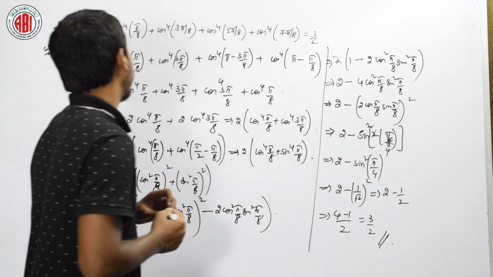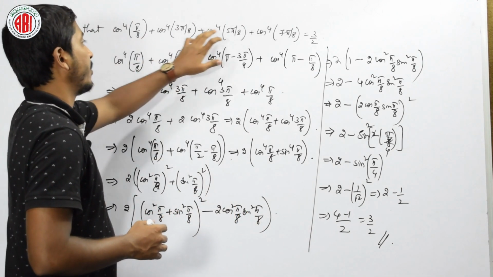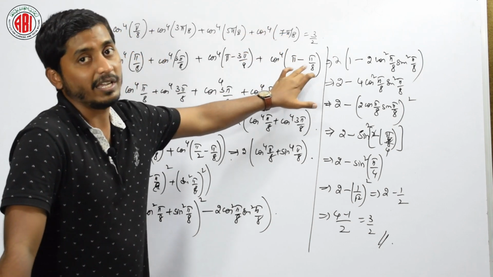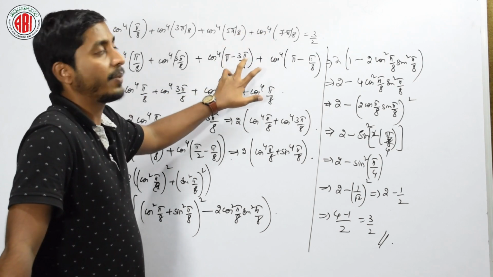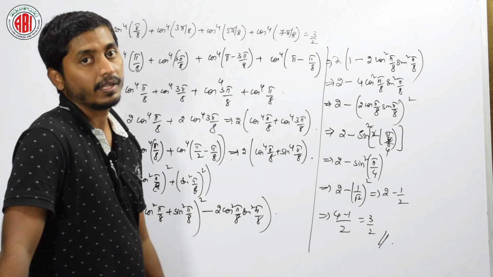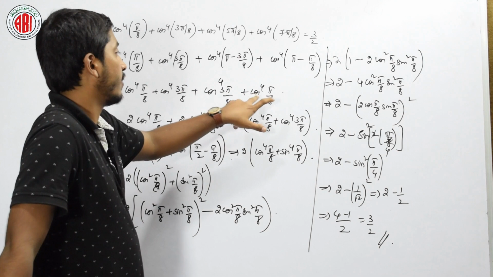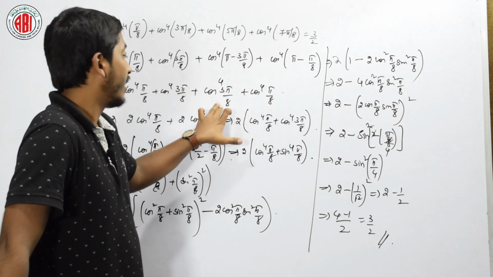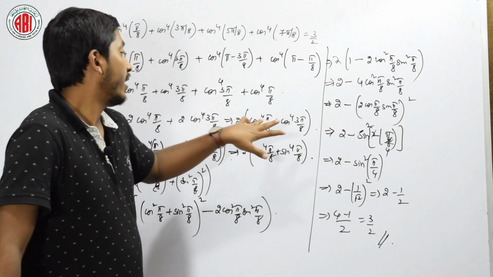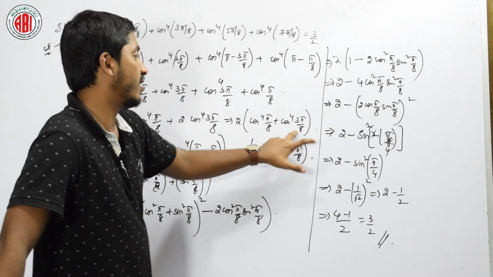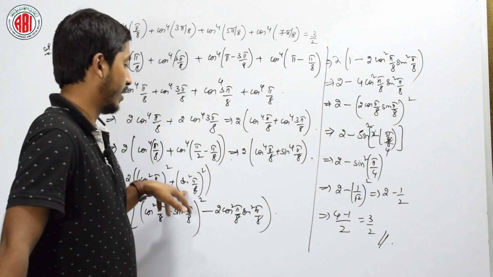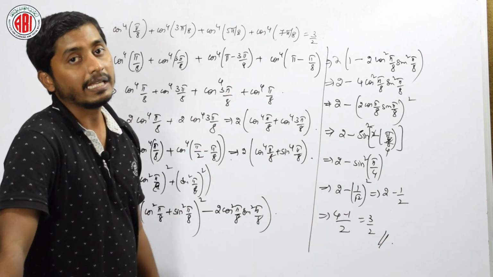Once again let me tell here. Show that cos power 4 pi by 8, 3 pi by 8, 5 pi by 8, 7 pi by 8 is given. I have converted the last two, 7 pi by 8 as pi minus pi by 8, 5 pi by 8 as pi minus 3 pi by 8. Cos of pi minus theta is cos theta. There are two things, cos pi by 8, pi by 8, 3 pi by 8, 3 pi by 8. I have taken 2 common, and simplified 3 pi by 8 as single pi by 8. Then I have written this as cos square whole square plus sin square whole square. Then after simplification I got the value of 3 by 2.